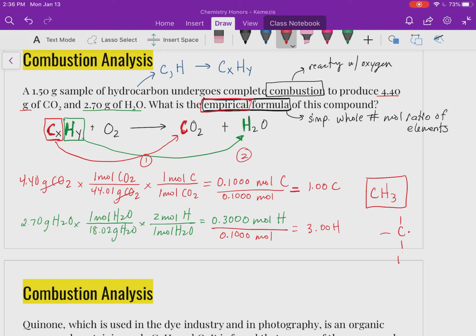If we do this, we realize that this cannot be a viable compound. So this would only be the empirical formula. We would need to have a little bit more information to find the molecular formula, but since this is just asking for empirical,